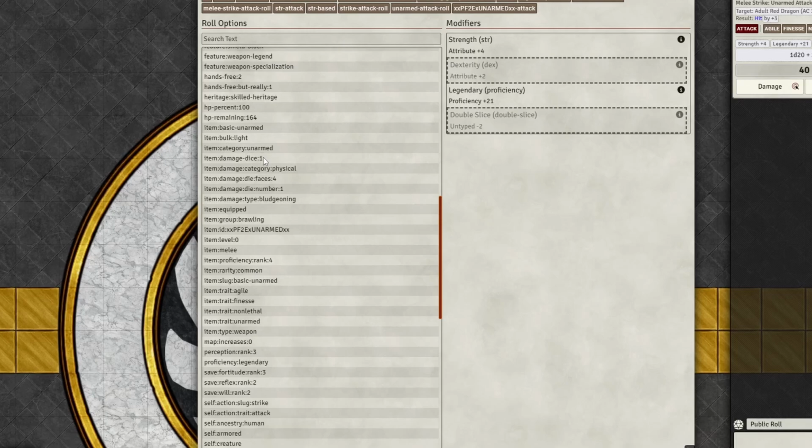Right, so you can see all of this information about it, right? The damage dice, there's one damage dice. It does physical damage. It's a D4, right? There's 4 faces on our dice. The damage type is bludgeoning, and so you could do all of this stuff. You can use all this stuff to actually predicate on. And so there is one thing I want to show off here with specifically this, where we look at the number of faces that the damage die has. And so that is